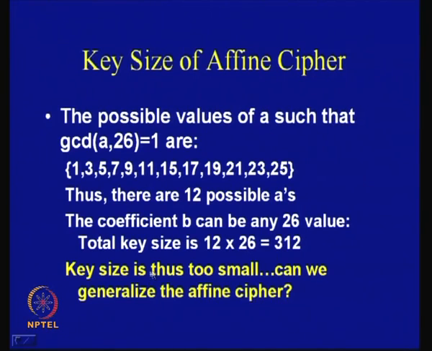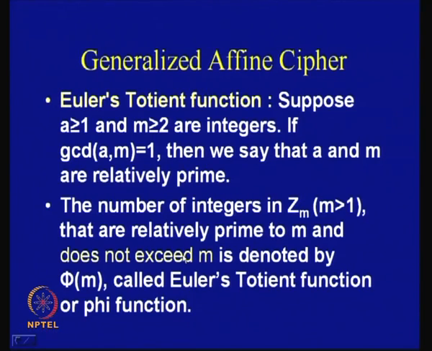Okay, and the key size is of course small, right? Verifying 312 possible keys is not a very big matter. So the question is, can we generalize this affine cipher? I would like to increase this 26 value so that the key size is increased. So I would like to do a generalized analysis if this 26 is replaced by some value, say m. In this case, I will use the previous day's concepts of Euler-Totient function,